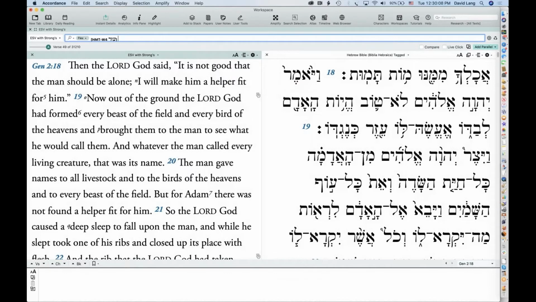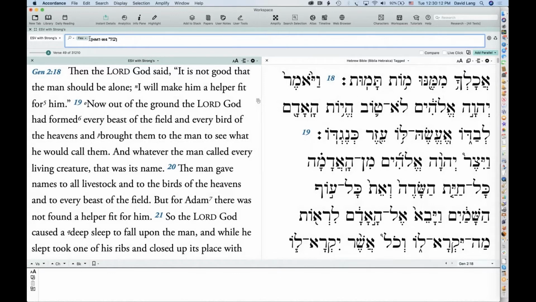So this inserts into my argument entry box that I'm searching the ESV, that's my search text, but I want to search for words that translate the Hebrew word ezer from the Hebrew Bible. I did do that right.